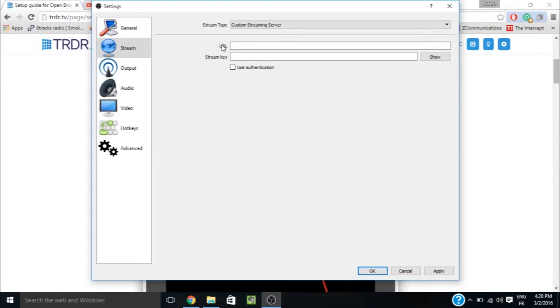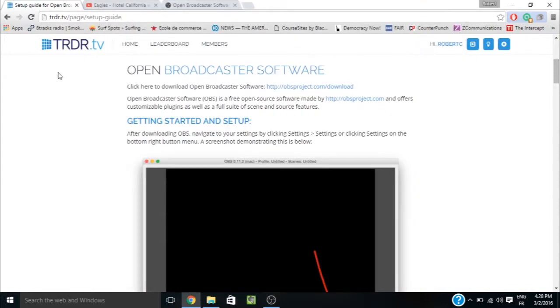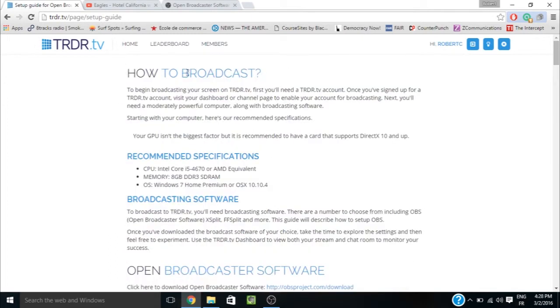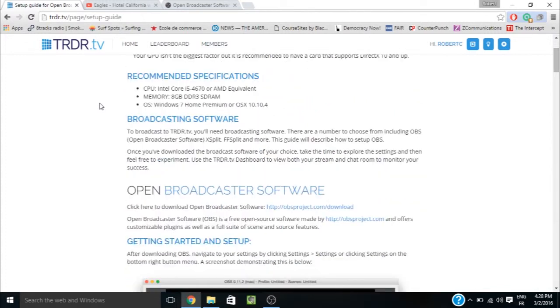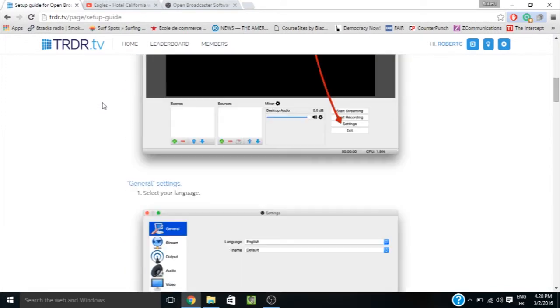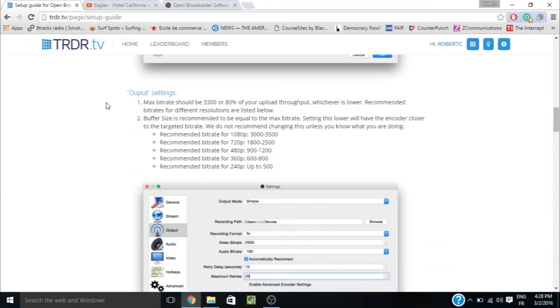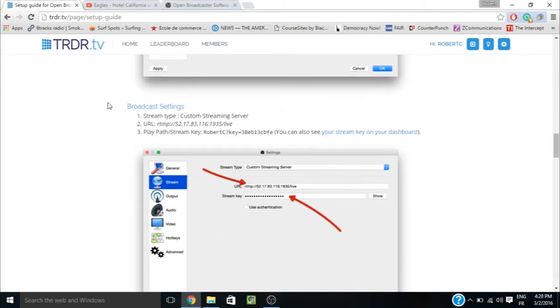So every single person is going to put in the same URL as long as they're streaming to TRDR.tv. Let's go ahead and I'll show you where to find that. We go back to the TRDR.tv website, and we're still in this how to broadcast website. What we're going to do is scroll down a little bit. You see general, you see the output settings, and you come down here to broadcast